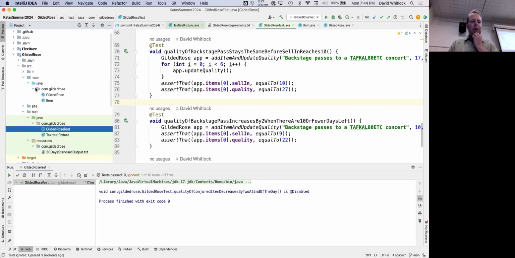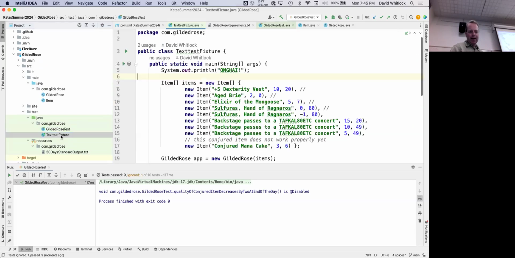She mentioned this thing called acceptance testing, which the way it's been applied here is that there is this text fixture.